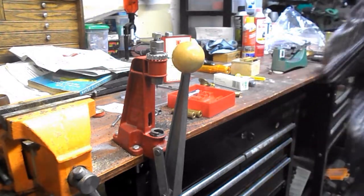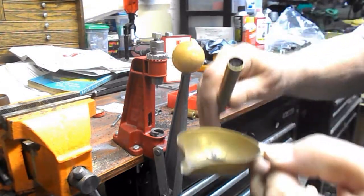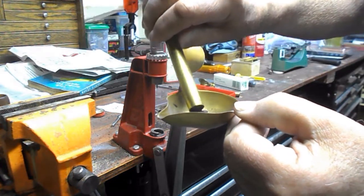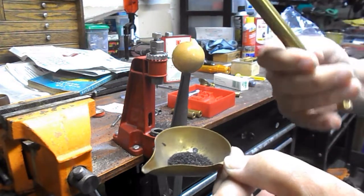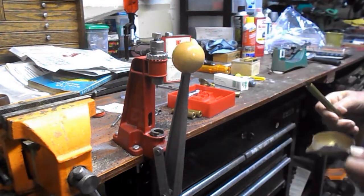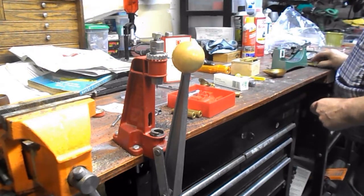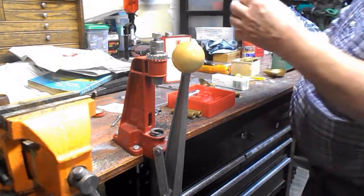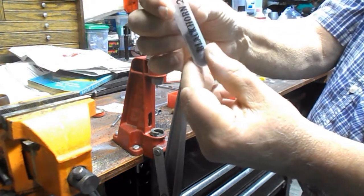And actually we can put it in this, if you want to. It doesn't seem like it's much, but it is. That's 70 grains of powder. Same amount, it's actually in one of these tubes. And that stuff there, that's the original stuff that's